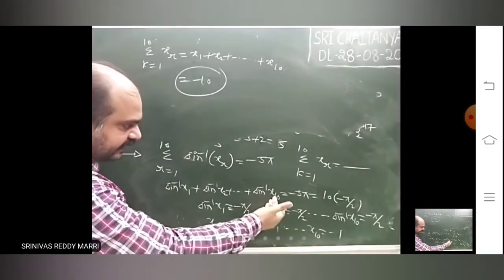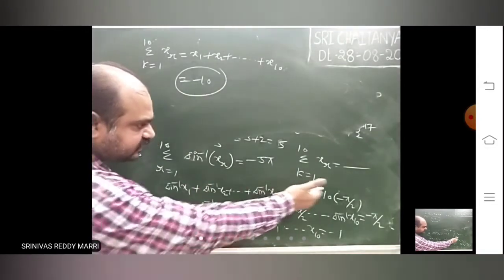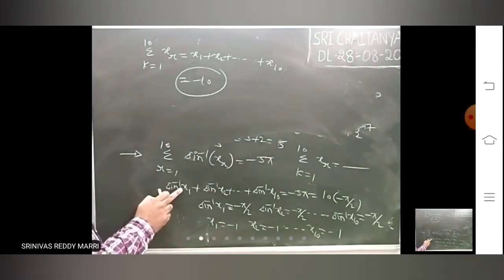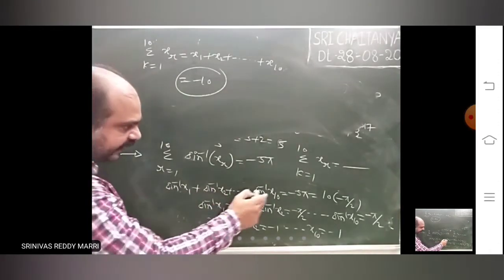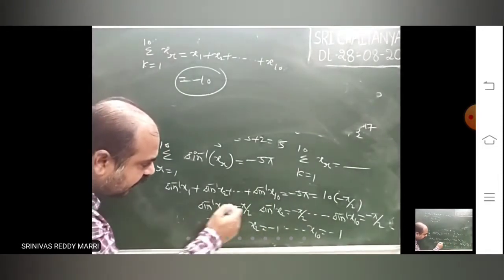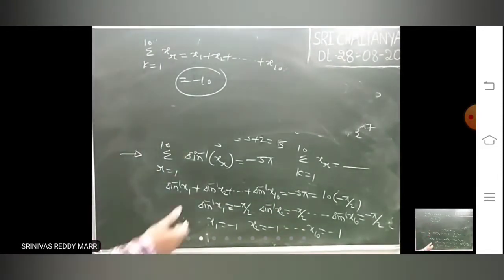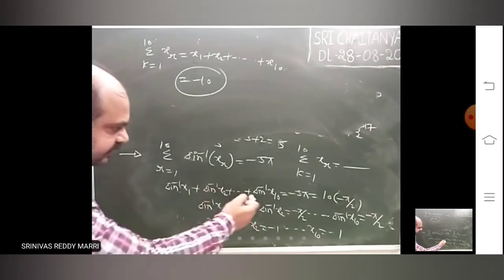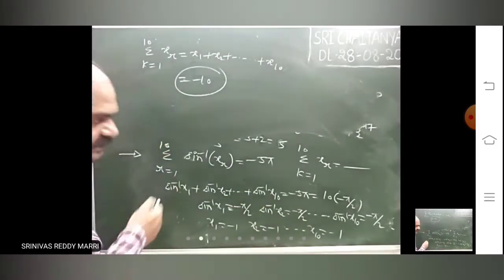Look at this. You check all the maximum values, you won't get it. All maximum means 10 pi. Minimum means minus pi by 2, minus pi by 2, minus pi by 2. Then you will get minus 5 pi. That means all must be minus pi by 2. Then only the solution is possible. Otherwise you will never get minus 5 pi, because this sum will not be less than this one.